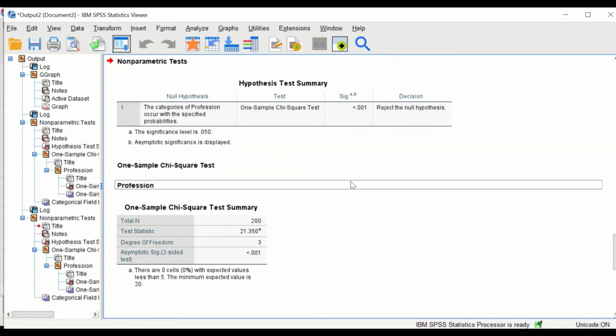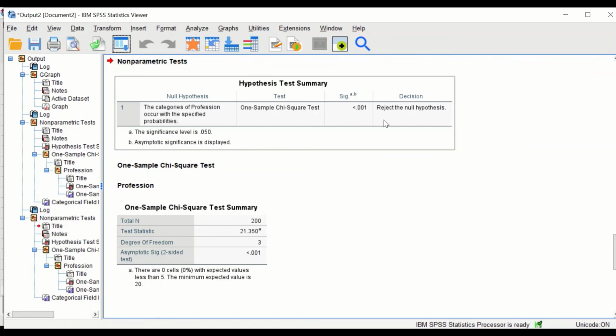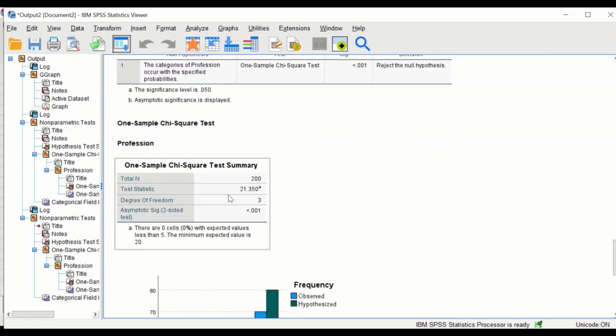Shown here from the hypothesis test, the categories of profession occur with specific probabilities, 10% to 40%. And the significance level is less than 0.05, so the p-value here is less than 0.05, and there is a